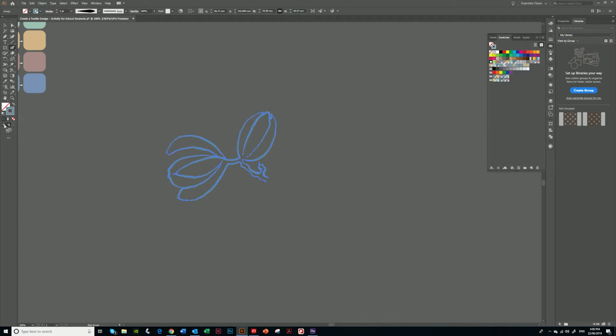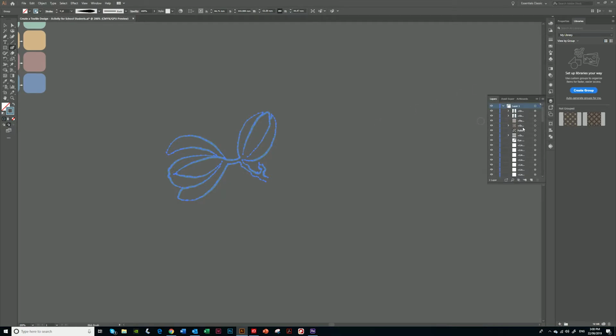Normally we draw in normal mode. I want to draw behind mode. Normal mode is that every time we draw something, it's added to the top of the stacking order in our layers. When we go to draw behind mode, it puts everything behind in the stacking order of the layers. So if I make sure that I've clicked off there and I've got my blob brush,